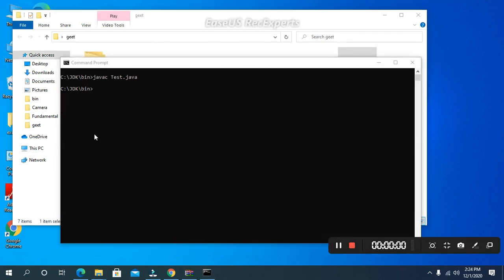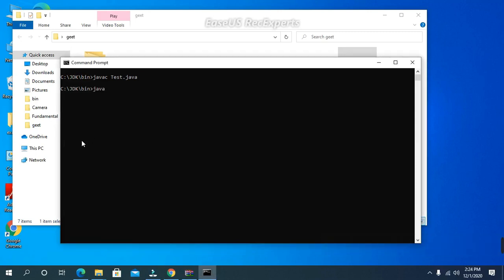Now it's time to execute my program. सो फॉर एग्जीक्यूशन आई विल गिव द कमांड java and I'll write test without extension. Execute करने के टाइम पे extension नहीं देते. Now see, the output has appeared. प्रोग्राम की आउटपुट थी hello with 3 exclamatory signs, तो वो आउटपुट आ गई है. So this is how we create a program, compile a program and execute a program. Now let us take another example.